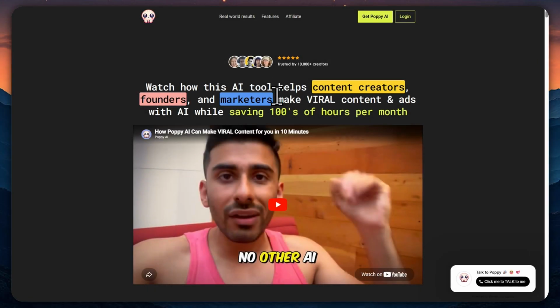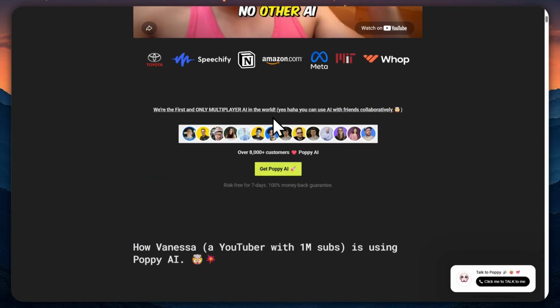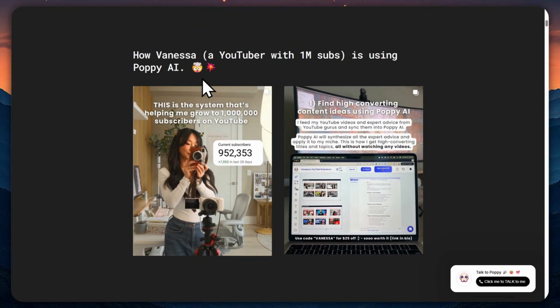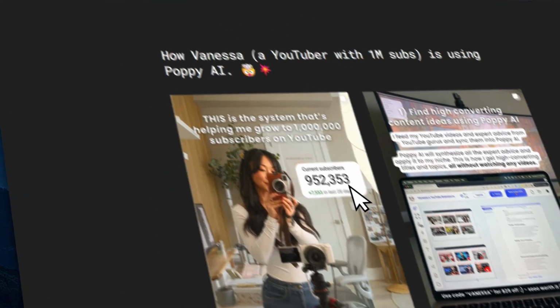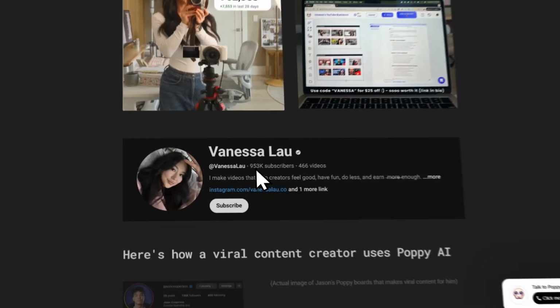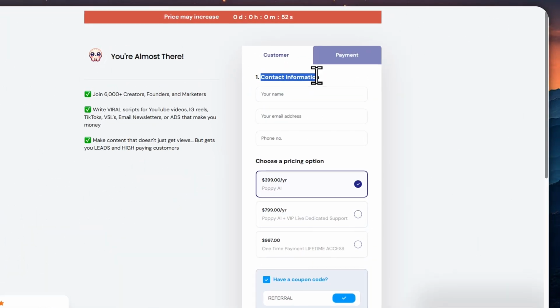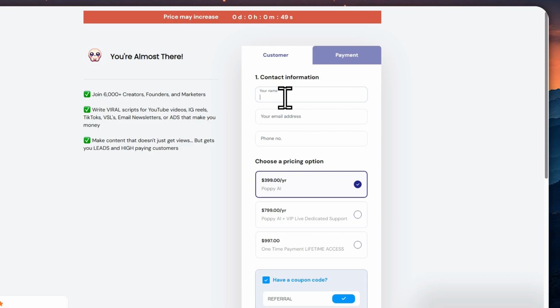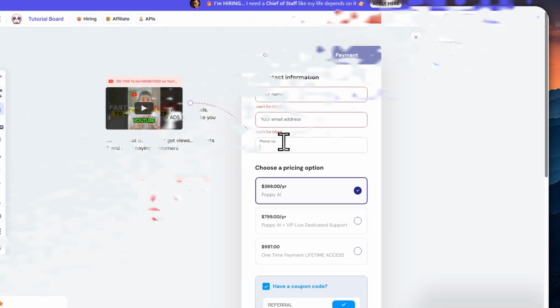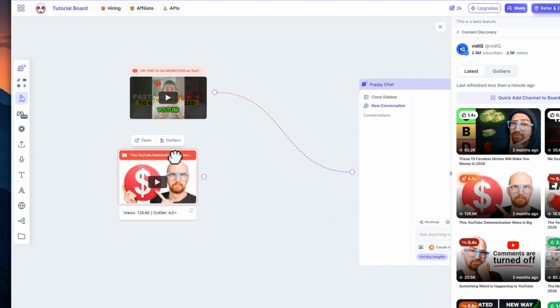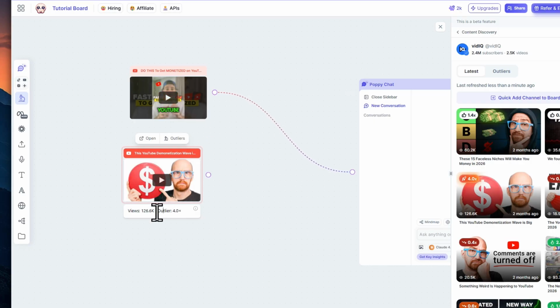Poppy AI is a smart workflow platform that makes building and managing processes simple and collaborative. In this walkthrough, I'll guide you step by step so you can see exactly how it works. We'll start with account setup, so you're ready to log in and access your workspace. From there, I'll give you an overview of the board tools, showing how they help you design and organize workflows